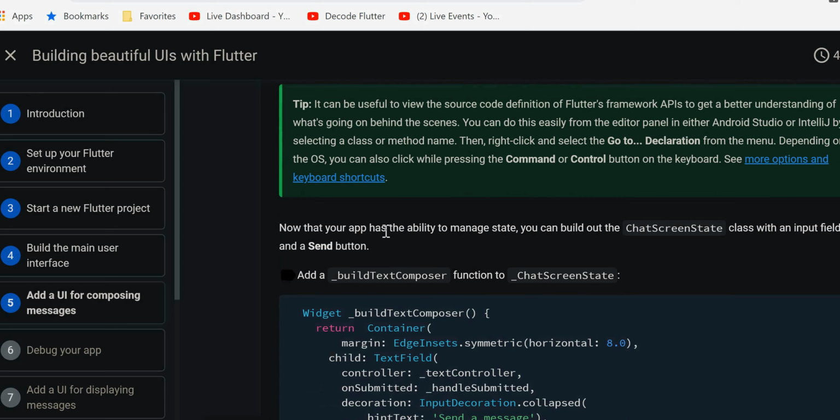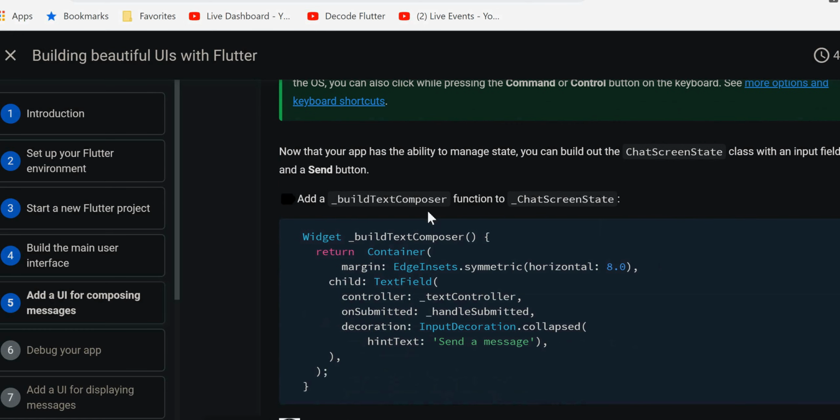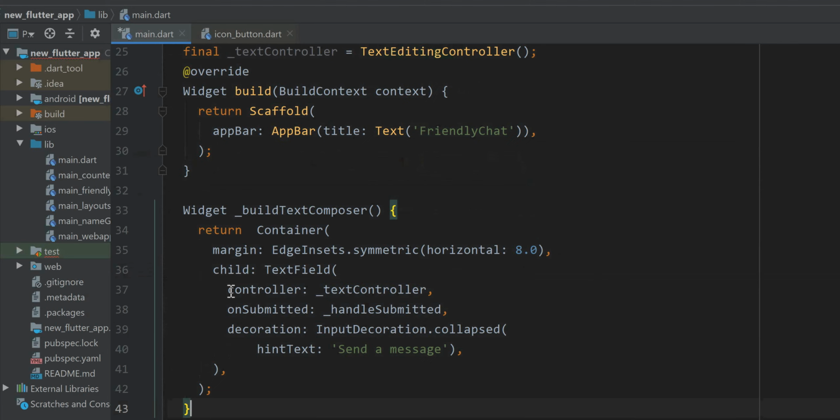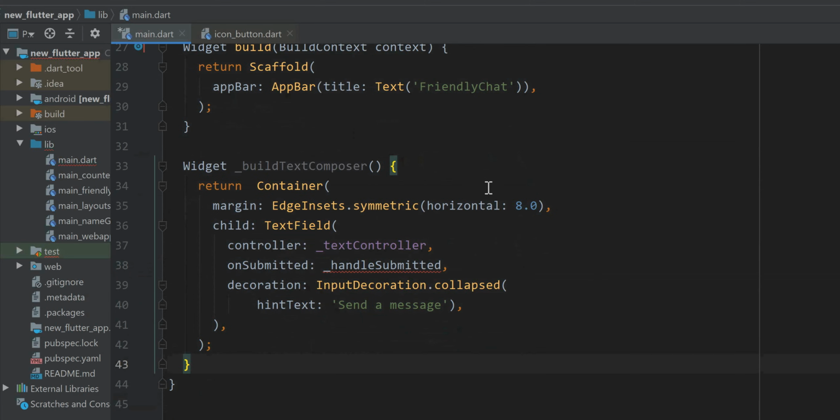Now that you have an app that has the ability to manage state, you can build out the ChatScreenState class, forgot its underscore, with an input field and a send button. Add a buildTextComposer function to the state object. Okay, let's do that. Here's the state object, state class as they call it. Put that in there. Currently not being used. It's complaining about